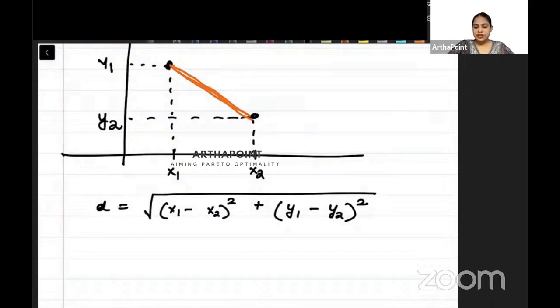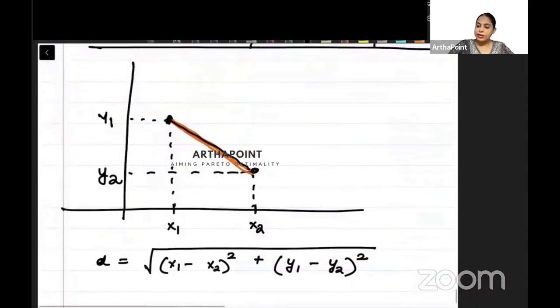That way you can find the distance between the points. This is very simple to prove. If you understand, beta, if I try to make a triangle out of it,